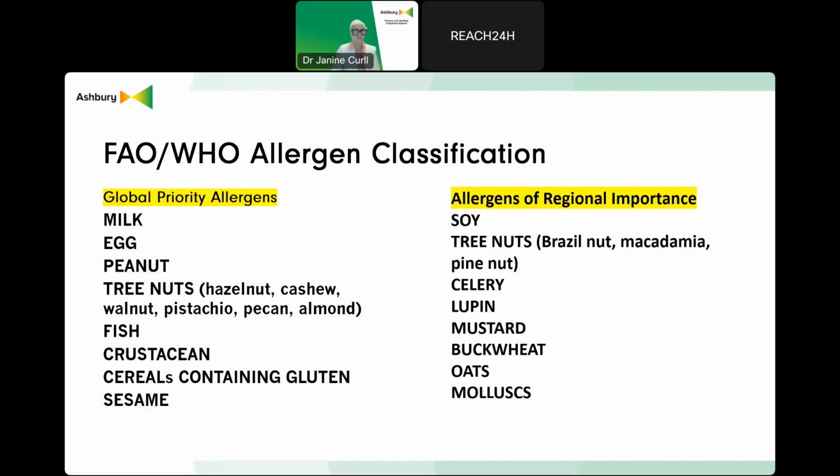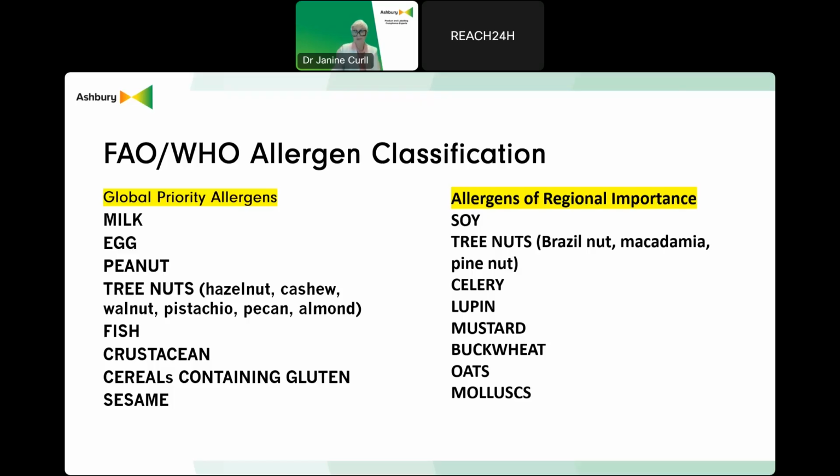The goal is to provide scientific advice that informs labelling and allergen management worldwide. The global priority allergens include milk, egg, peanut, 6 tree nuts, sesame, fish, crustacean, and cereal grains containing gluten, specifically wheat, rye, and barley.